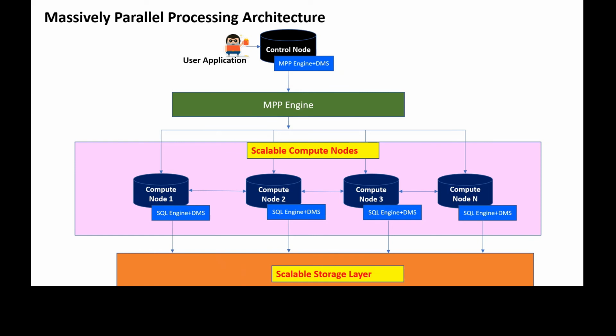So once our job is completed, then we can go for pause mode, which means in this complete architecture, the control node would be active and the storage layer would be active, but this compute node will go off. So we don't need to pay, we can reduce the billing on this part. This is one of the super features given by Azure Data Warehouse. Once our job is done, then we can pause the compute node, and whenever we need it later, we can resume that.